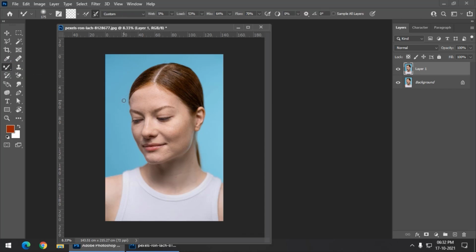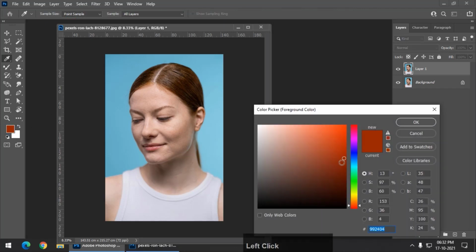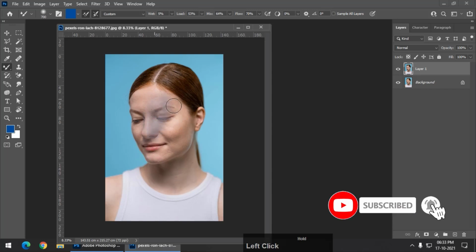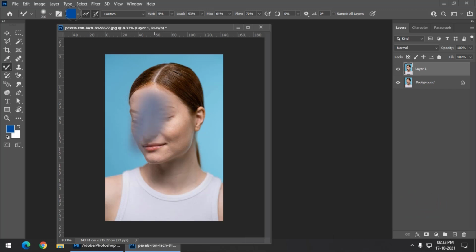Now we have some default options over here. If you turn on this particular option, load the brush after each stroke, then we'll get whatever color we select in the foreground. Let's say I'll select blue color, and if you simply draw on the image, you can see the blue color appearing slowly. So this basically mixes this particular color with the background color. But in this case, we don't want any color in the brush from the beginning. So we are going to turn off the first option, which is over here.